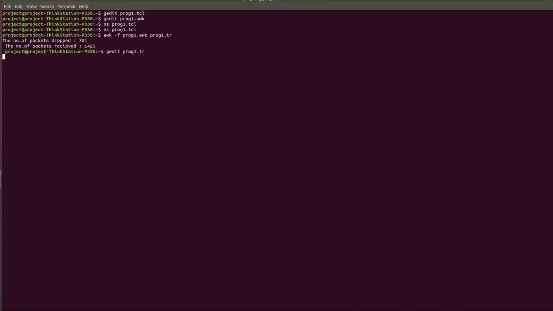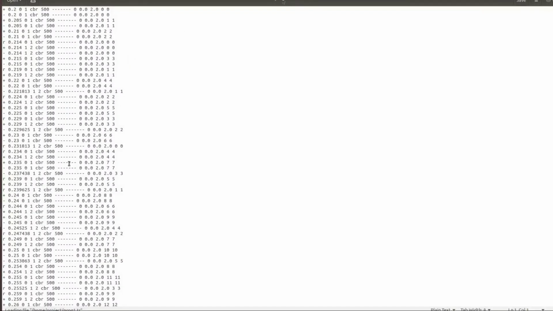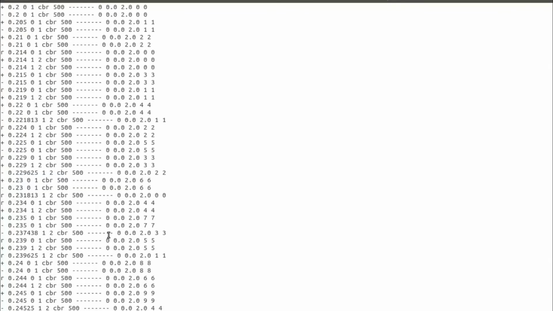That is it. Next, to see the trace file content, open the file: vi program1.tr. With that, you will get the trace file. Here you need to analyze the structure. This is the structure of the trace file.